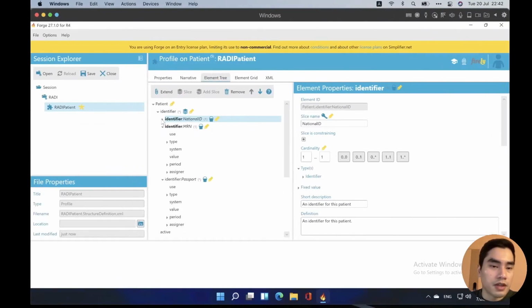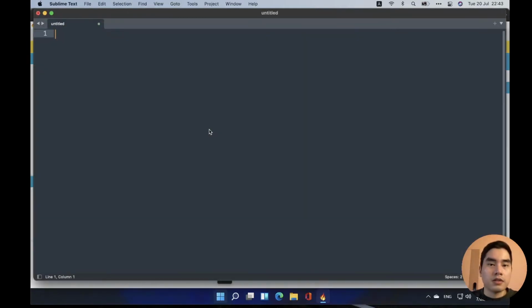Yeah, actually you can even fix more things. Okay, we have three identifiers, national ID, MRN, and also the passport.